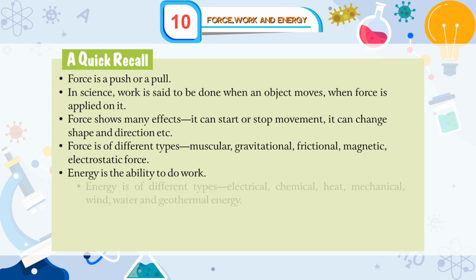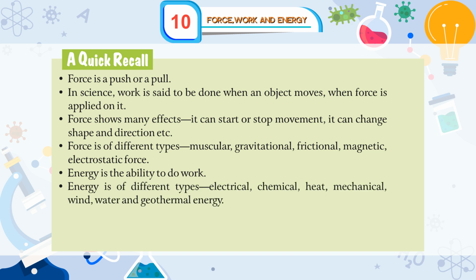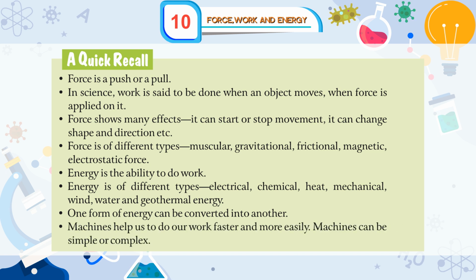Energy is the ability to do work. Energy is of different types: electrical, chemical, heat, mechanical, wind, water, and geothermal energy. One form of energy can be converted into another. Machines help us to do our work faster and more easily. Machines can be simple or